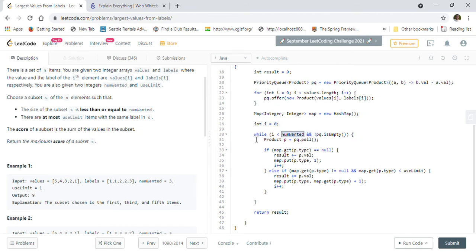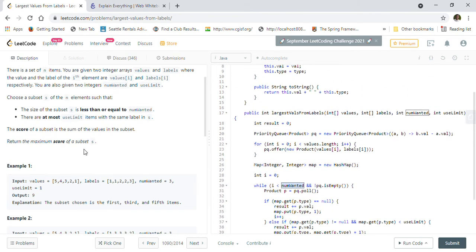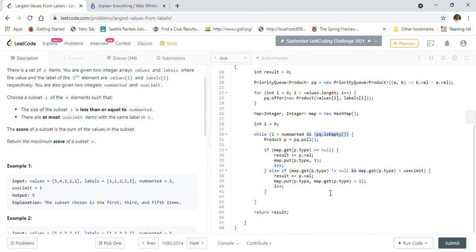Now we have a while condition here where I should be less than nums wanted, right? The maximum items we can find is nums wanted, meaning 3 items for example, right? And the priority queue should not be empty basically. Then we will try to find out the products in the priority queue. So here we will keep polling the priority queue product, so we will keep getting the highest value product here,